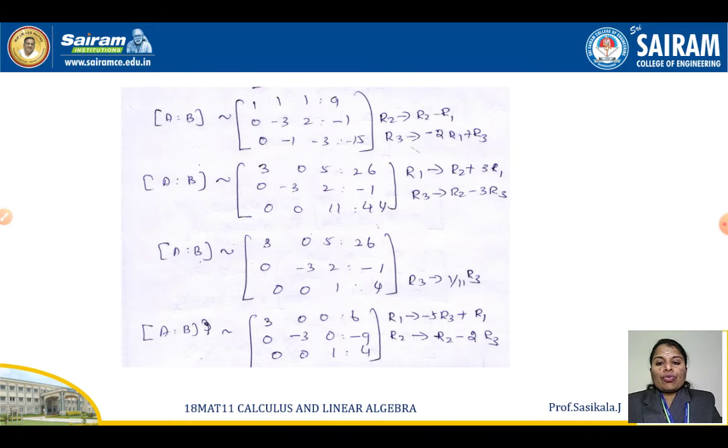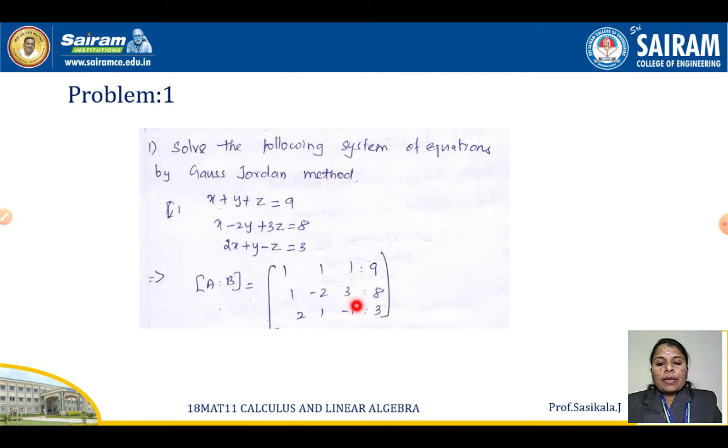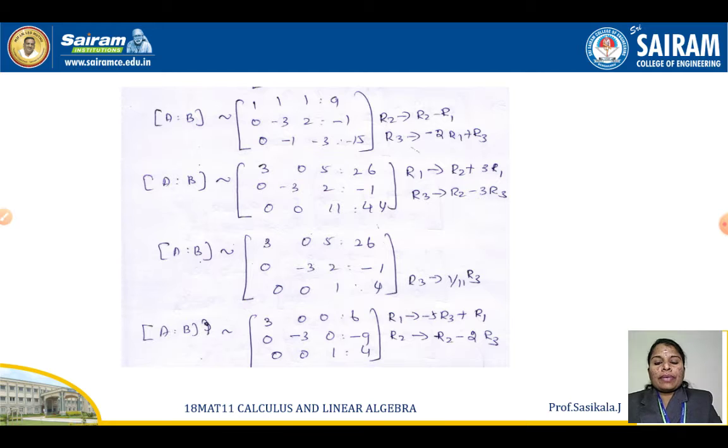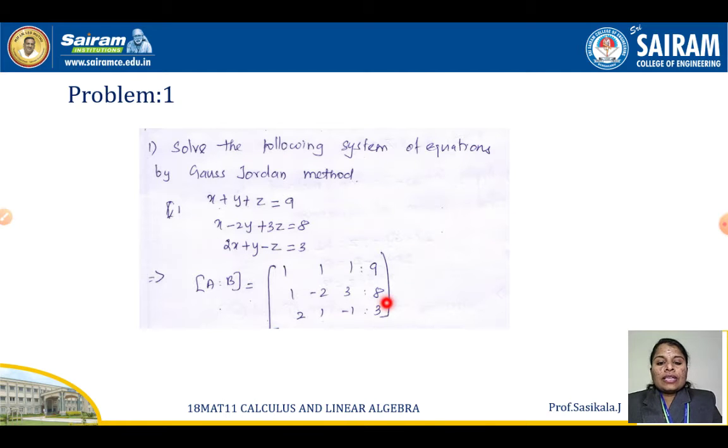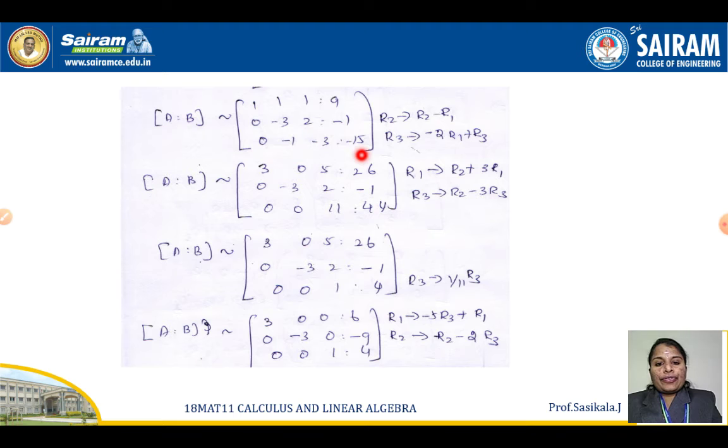So 2 minus 2 will be 0, and then you have minus 1 because 1 minus 2 will be minus 1, and then minus 1 minus 2 will be minus 3, and then 3 minus 18 will be minus 15. Okay. So now next one, what is that? I have to make it 0 for this minus 1 position. You have to use which row? Second row, because when you make the second element 0, you always have to prefer to use only the second row, because again the 0 should not repeat once you converted 0.